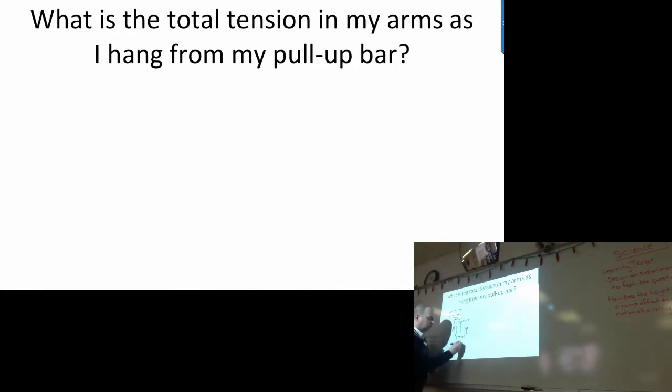Okay, so this is 930 newtons. Gravity's pulling me down with a force of 930 newtons. So in order to have that be balanced, what keeps me from falling? The tension that's in my arms. So that is acting at a force of